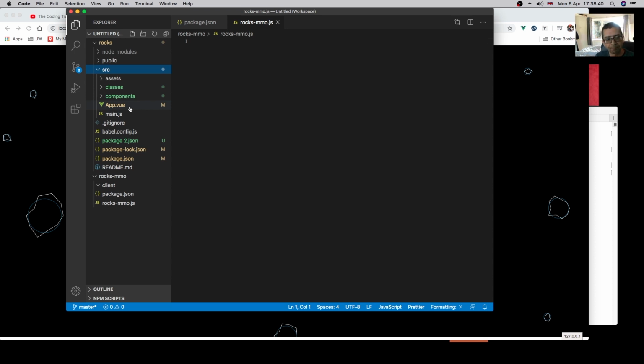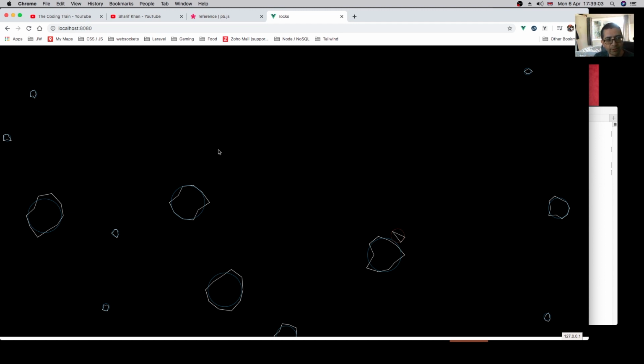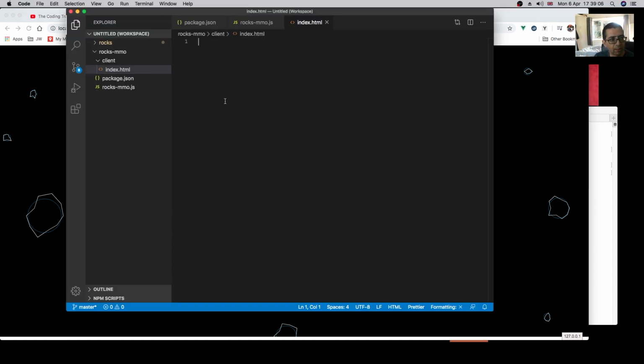So how do we do that? Right, well, if you've got Visual Studio Code, we can do a little cheat here just to save us a bit of typing. So let's go back to our client and create a new file inside the client, index.html. This is going to be the file that gets sent to the client, and it's basically what's rendered in here. Now, the cheat is, if I just type in